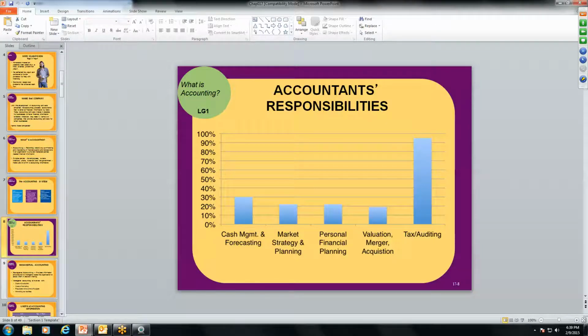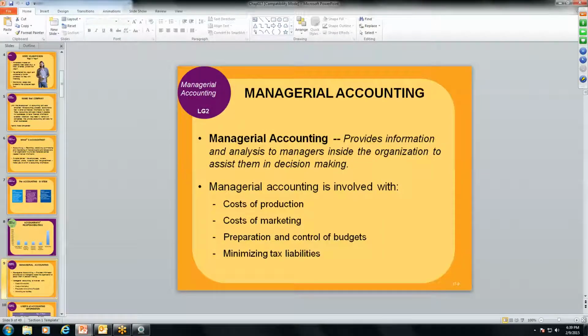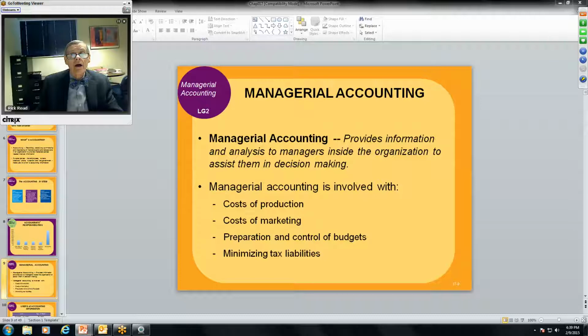Now, the next slide we come to, managerial accounting. And this gives you some information down here on the bottom of page 465. This information that has been gathered by the financial analysts, for lack of a better term, is passed on to managers, obviously folks in the executive office and the CEO, chief financial officer as well. And it helps these folks make decisions